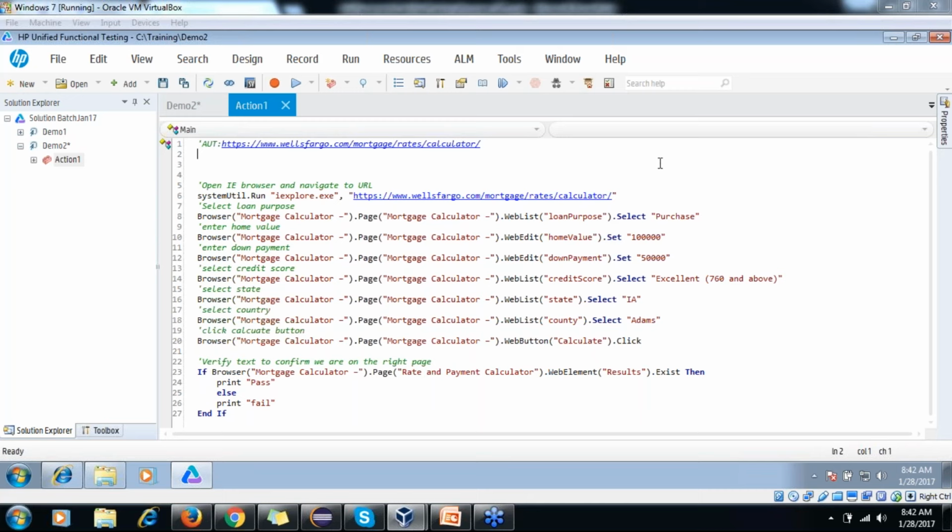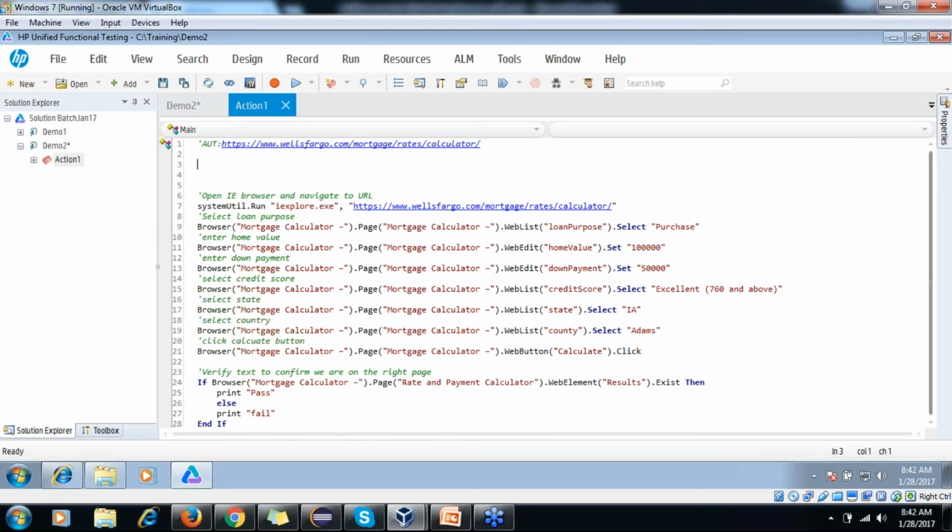What we are going to enter or select on this application, I don't want to use directly here. So I will save these in variables, and using those variables I can select or set values on the application.